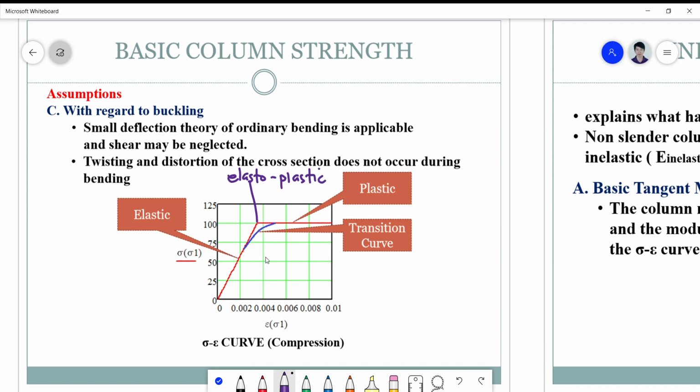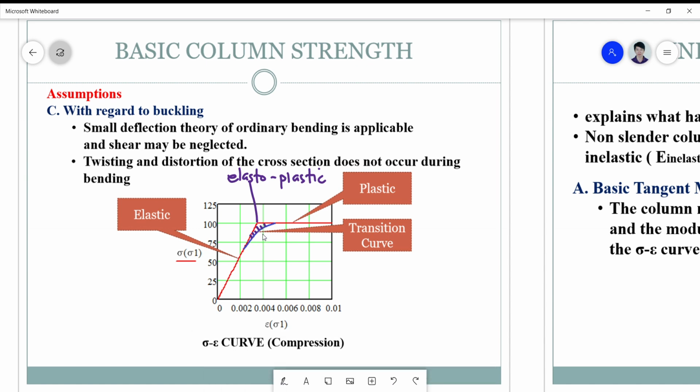And you can see here that the blue line calls for the consideration of what you call a transition curve that produces some errors in the computation of the basic column strength. So I will discuss further what are the causes of this